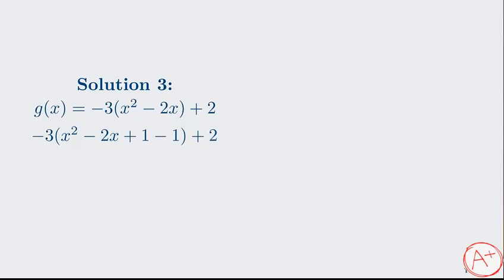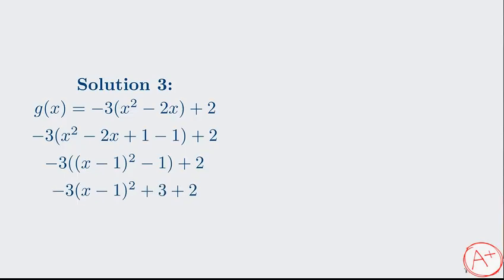For solution 3, we factor out negative 3 from g of x. Note the sign change. 6 divided by negative 3 is negative 2 inside the bracket. Half of negative 2 is negative 1, and squaring it gives 1. We add and subtract 1 inside. This gives negative 3 times the quantity x minus 1 squared minus 1 plus 2. Expanding gives negative 3 times x minus 1 squared plus 3 plus 2,